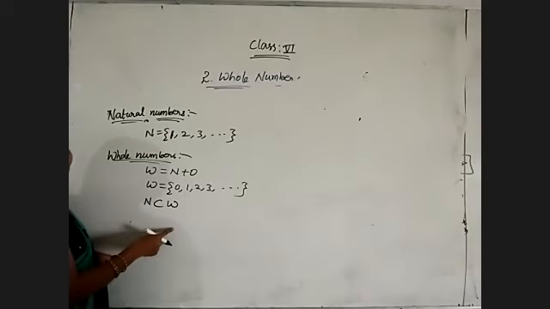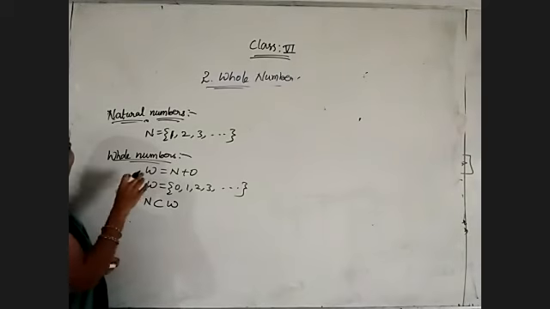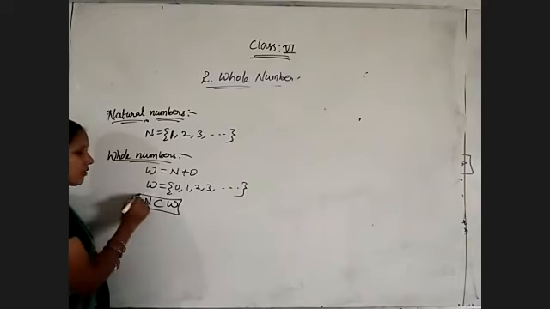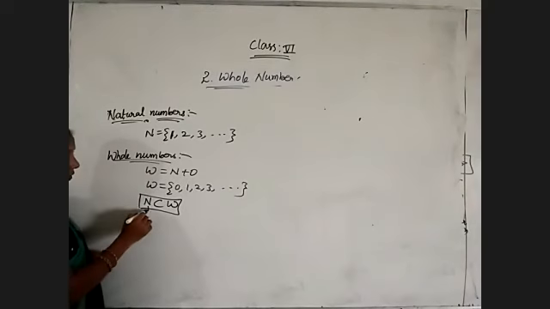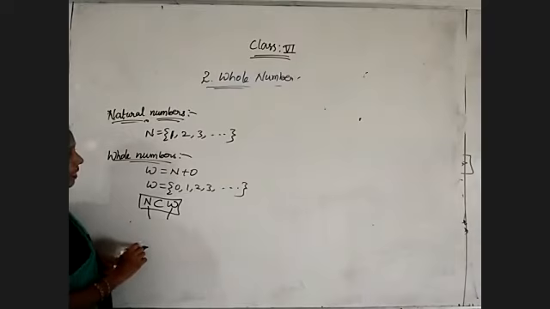Okay. I am coming to this: all the natural numbers are whole numbers, but all the whole numbers are not natural numbers. Except 0, every whole number is a natural number. But 0 is not there in the natural numbers. That's why every whole number is not a natural number. That's why N is a subset of W. It means every natural number we will get in whole numbers. Okay.